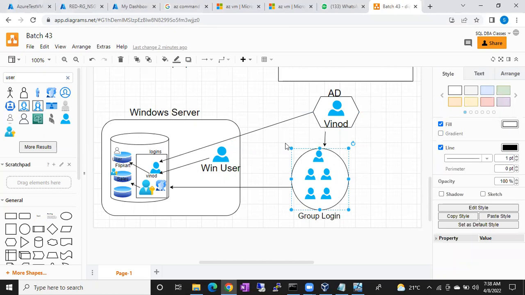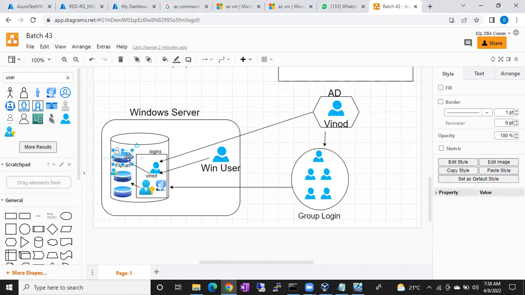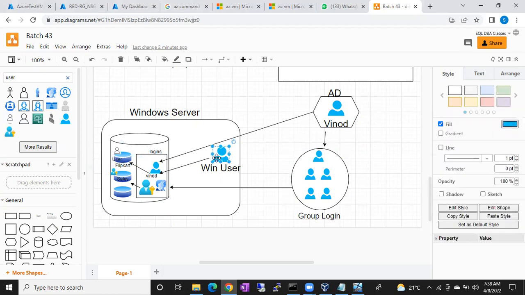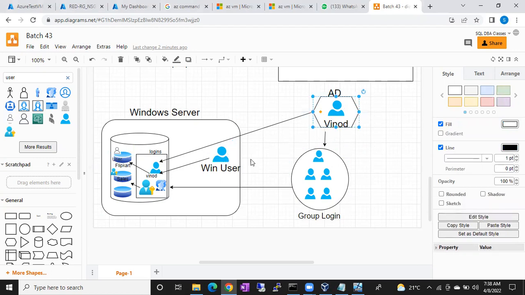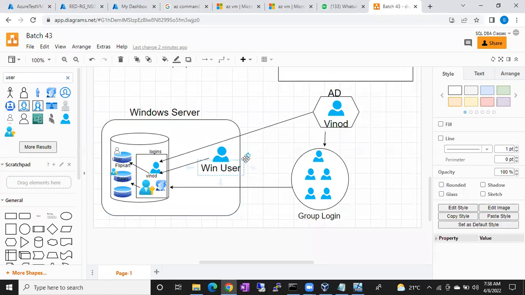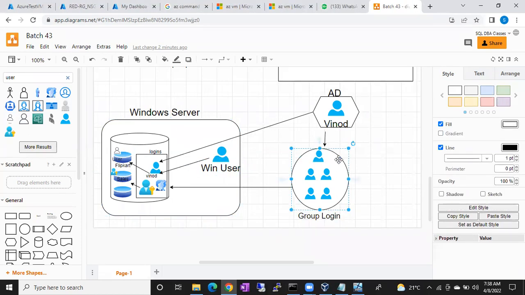If you create the group in the Active Directory, all the 100 machines are associated with it. Next time you can go to the SQL Server, right click, new login, give the group name and create the group login for these 22 people in 100 servers. No need to create the group again in the Windows machine. If you create it in the Windows machine, then when another server comes you have to create a new group, new 22 users, add them all into the group, and do the same lengthy process again. That's why I don't encourage it.